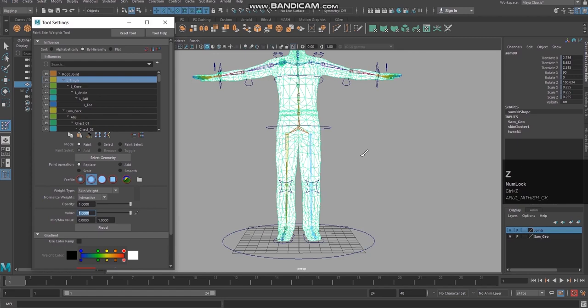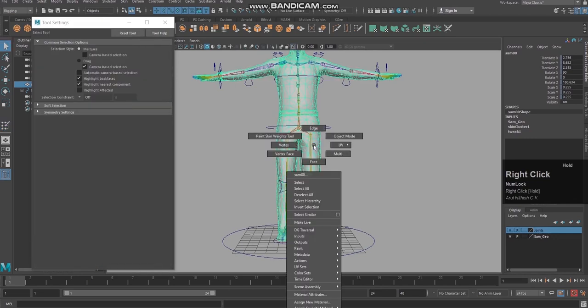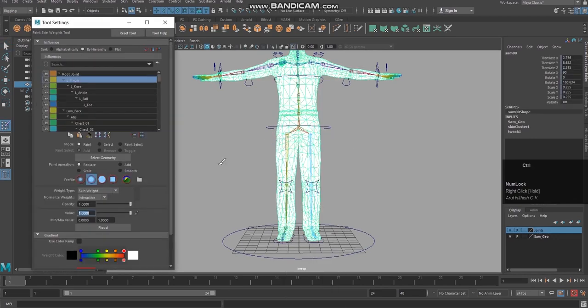Okay, so we should check for this. That is why I asked you not to touch all the other options. Control Z, again I'm pressing Q, coming back, and going to paint skin weights.